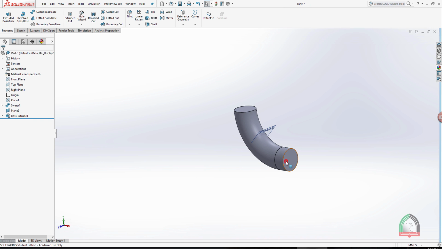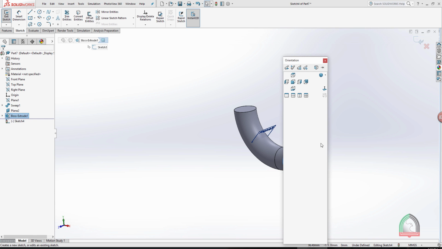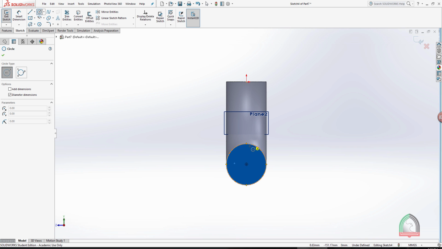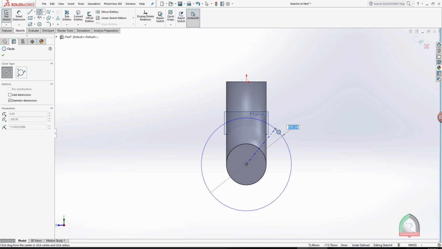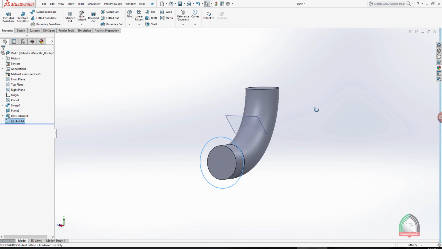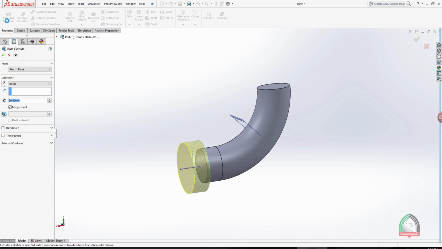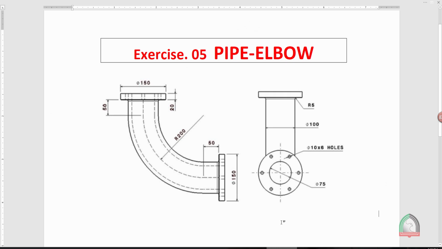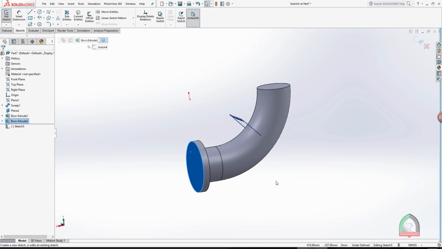Now I can use this face for drawing another circle of 150, exit the sketch, extrude, the thickness is 20 mm. Okay, I'm using this face for making these circles. We have 6 holes here, 10 mm diameter. Then